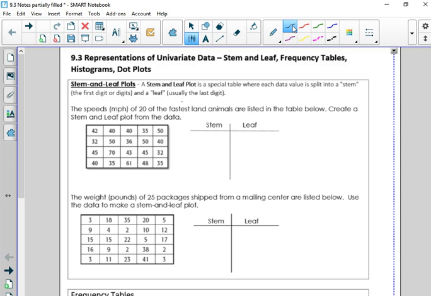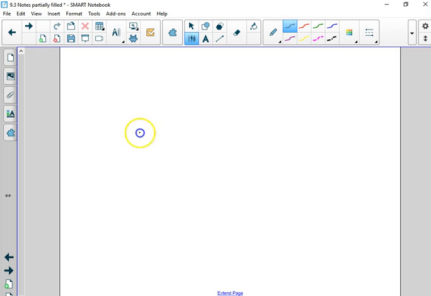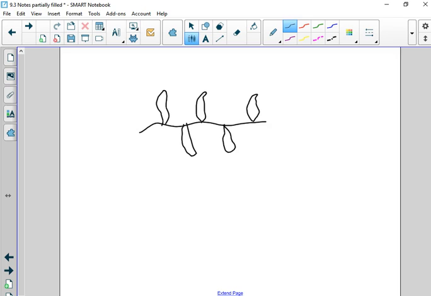So, stem and leaf, frequency, and histogram, and dot plots. The first one we're talking about is a stem and leaf plot. Basically, what we're talking about here is if you had a tree and you had a stem, and you would have leaves on them. I'm not an artist, so we have these horrible looking leaves that look like banana peppers. I don't care. Okay, but the stem